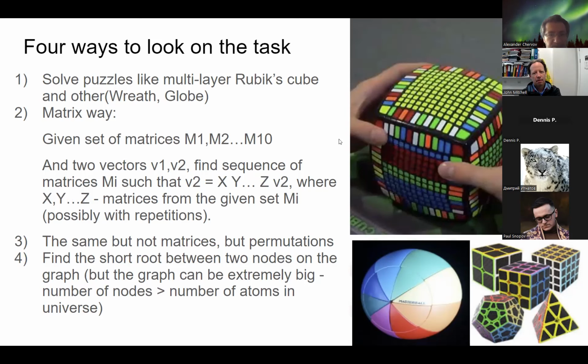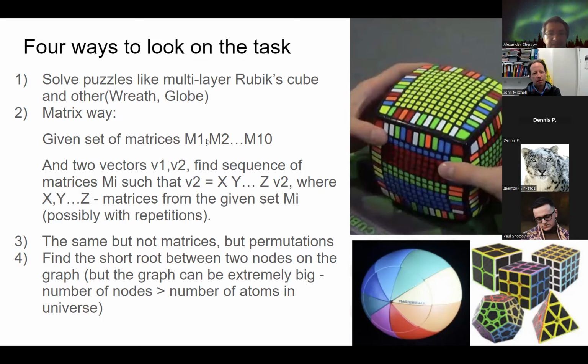Everything was in the computer. And we can reformulate the task in different ways, more suitable for computer analysis. One reformulation is the following: we have some set of matrices given to us, fixed for the moment, and we have 2 vectors. Then we need to find a sequence of matrices such that we apply it to the first vector, V1, and finally get the second vector, where these matrices come from the given set.